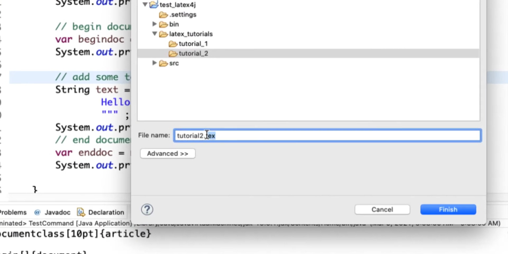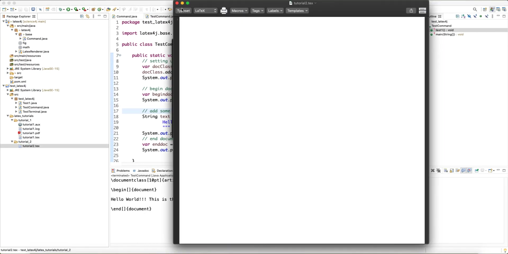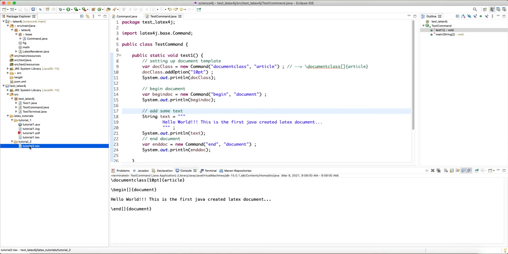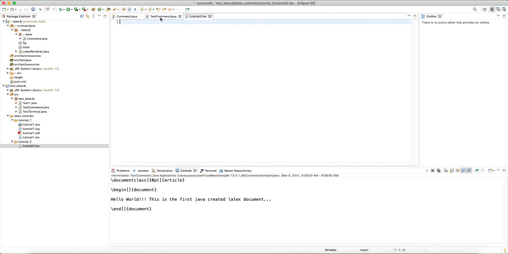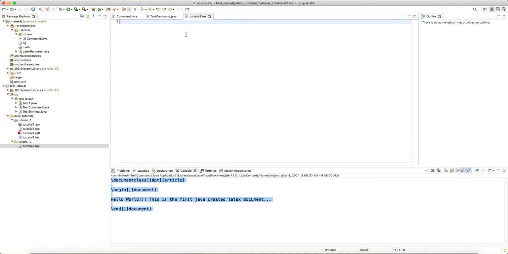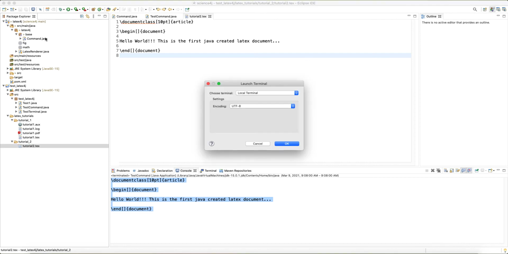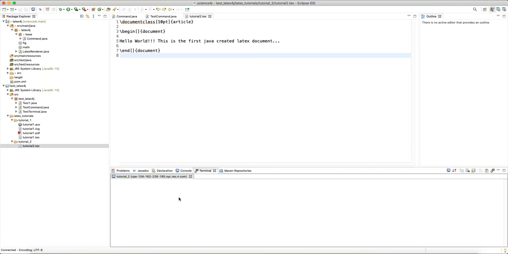I'm going to say it's a tex file, .tex. Finish, and then let's just open this up, and then copy this text into this tag. So paste and save it, and as I mentioned before, we can just run LaTeX from the command line. So I can open up a terminal here, and then pdflatex